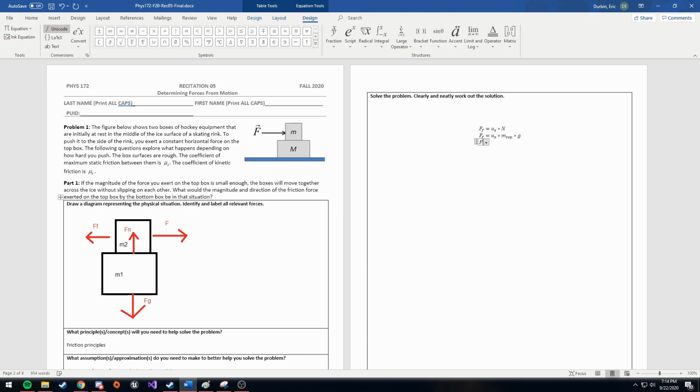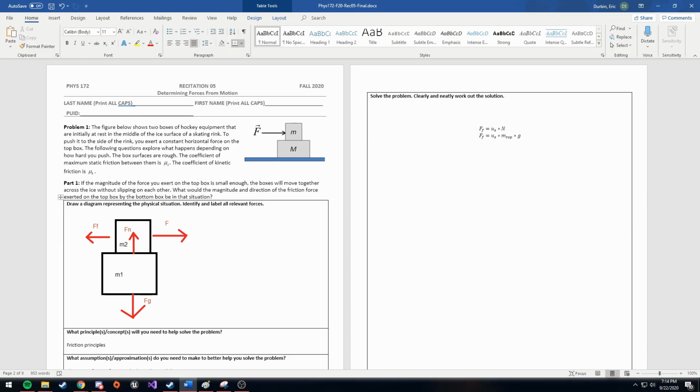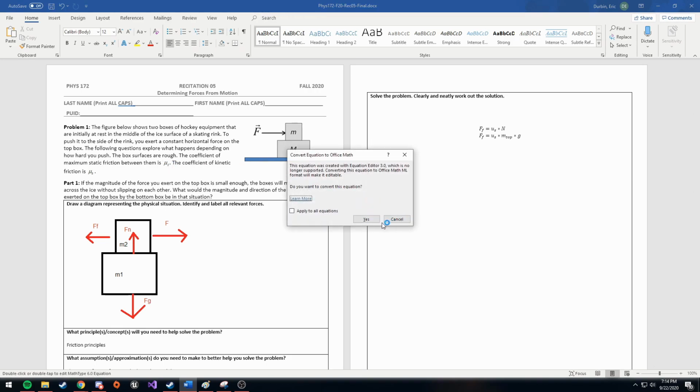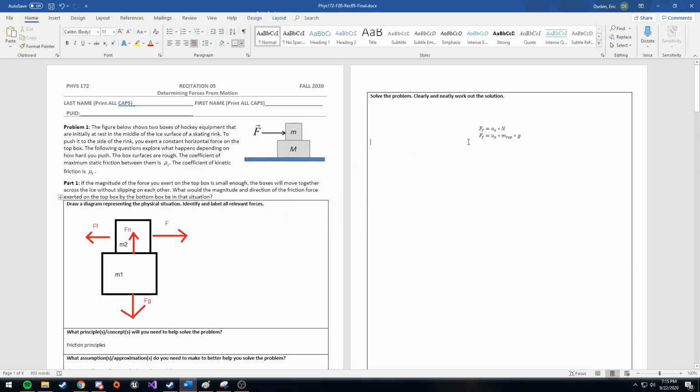We don't have numbers, do we? No. Wait, so are you guys just doing F normal equals mass 1 times gravity, and then F frictional equals the kinetic constant times mass 1 times gravity? Is that it? Sorry, I didn't hear what she said because I spaced out. What were you saying, Elizabeth?